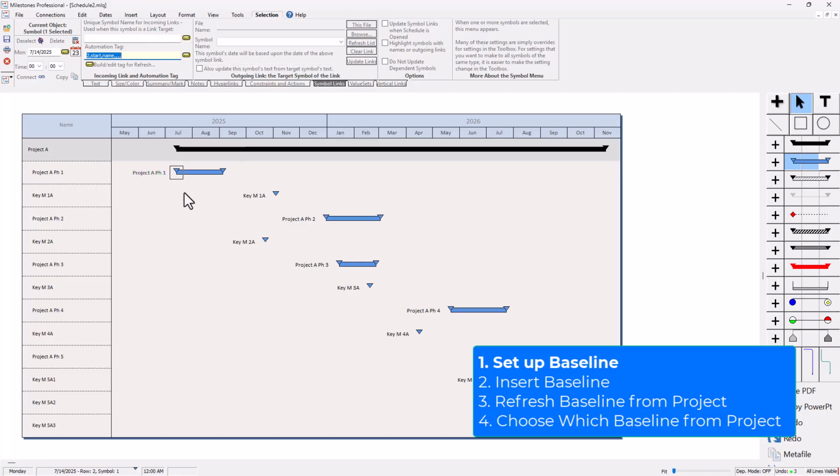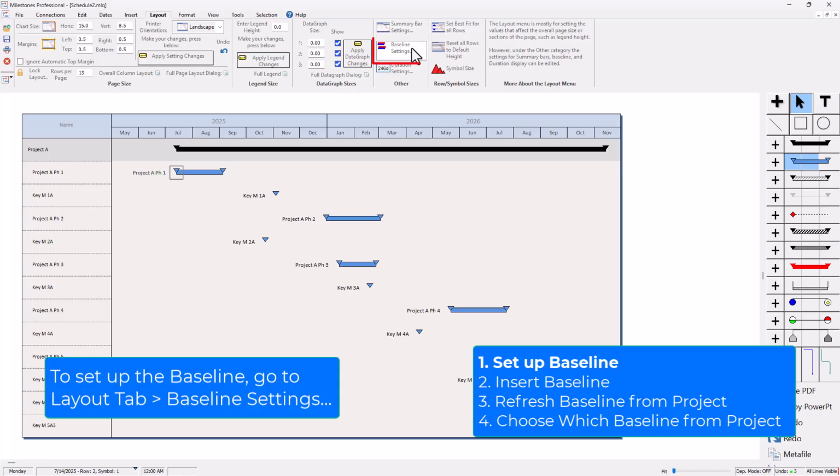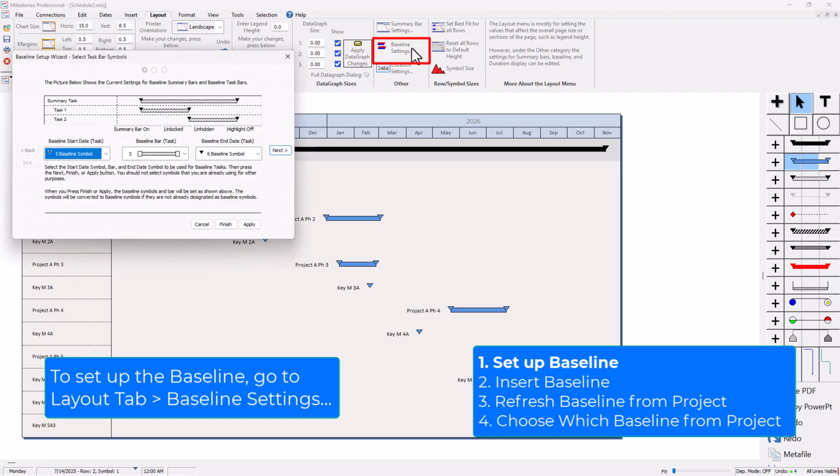So before I insert a baseline, I will need to set up the baseline. So that'll be in the Layout tab, and I can go to Baseline Settings. And in here is where you can choose what the normal baseline start and ends are. And then if you click Next, you can change the baseline summary, start and end, and also the bars as